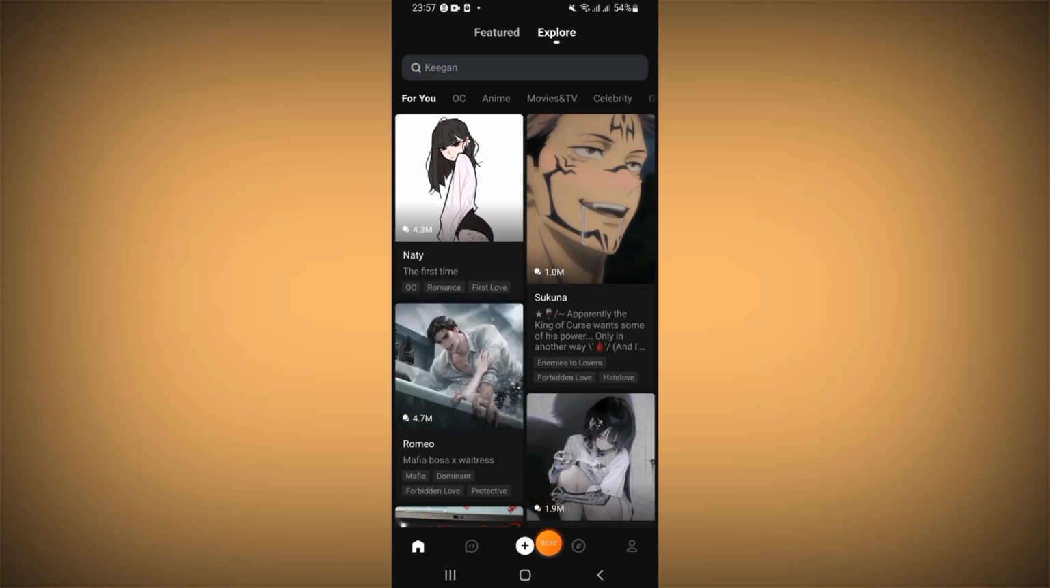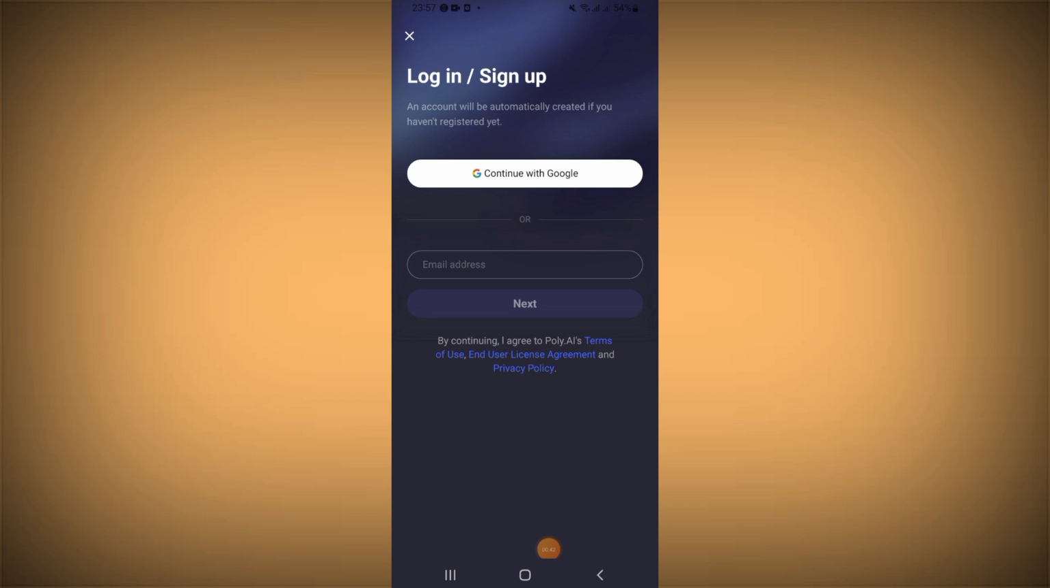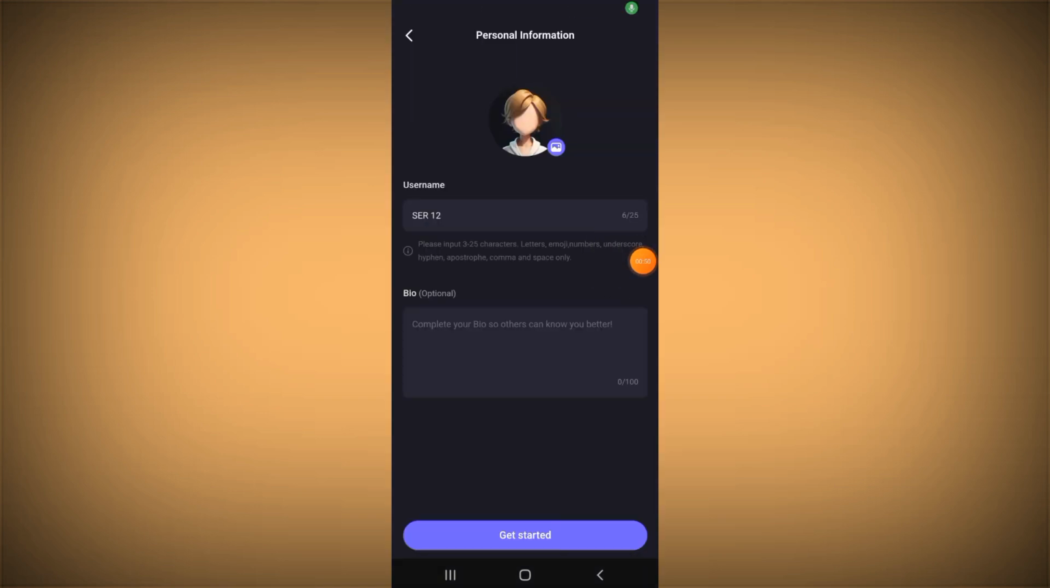Now, how to make pictures? I will click here on add icon, and you have to create account right now. So you have to add your email address or continue with Google. So I continue with Google and I use my email address. Right now I will choose my name and also my bio. It's optional. Click get started,